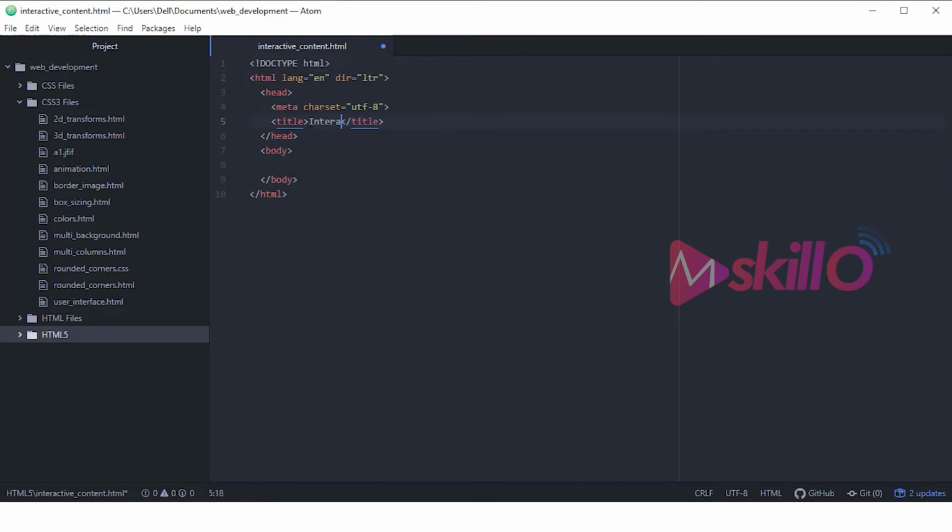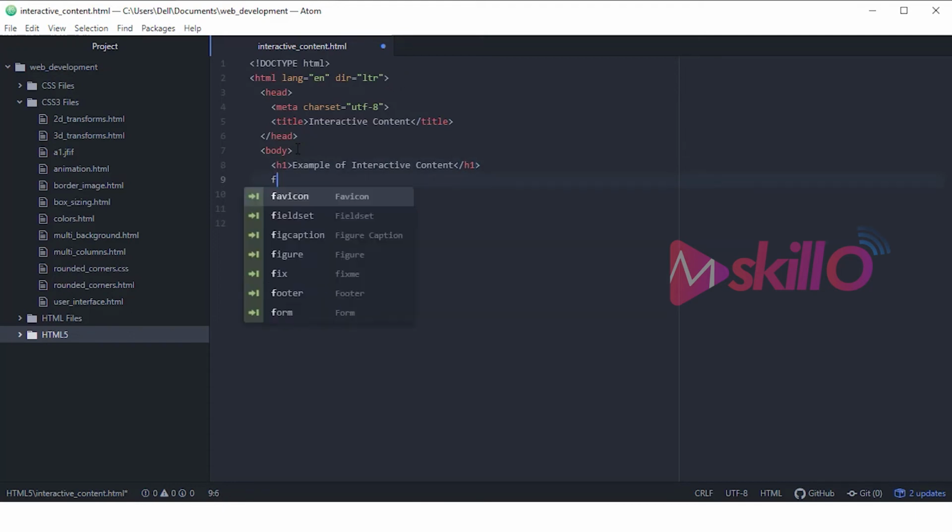Let me see, this is interactive content, inside which I'm going to take an example of, let's say, the drop down menu that can be created. So let me just write a heading as example of interactive content,